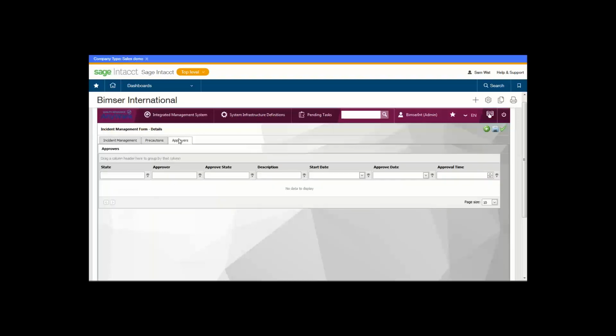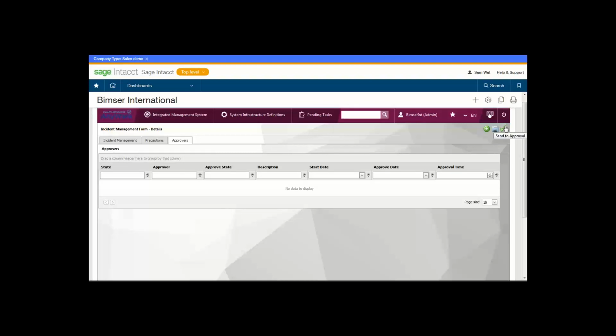And under the approvers tab, you will see all the actions regarding approval in this page. Information like the username of the approver and the date of approval will be recorded in this log of the software, so that it can be the audit trail for you to keep tracking the status of all the requests and all the incident records that you record